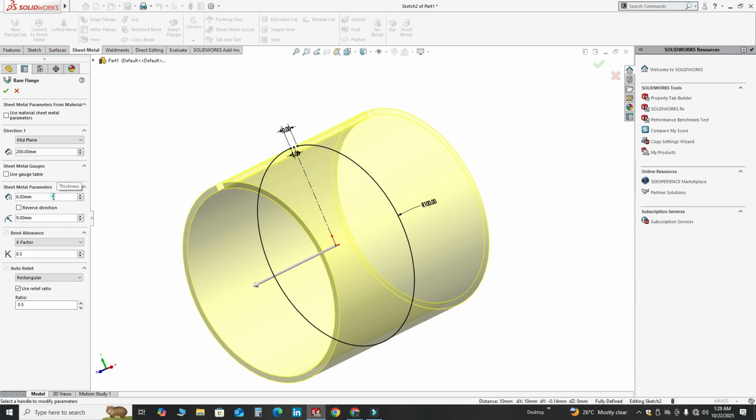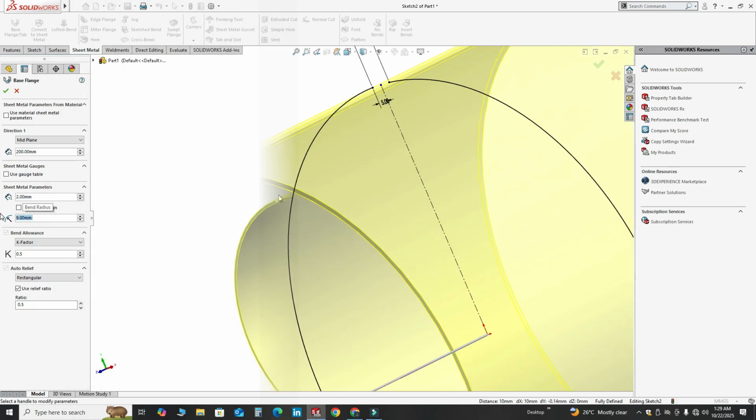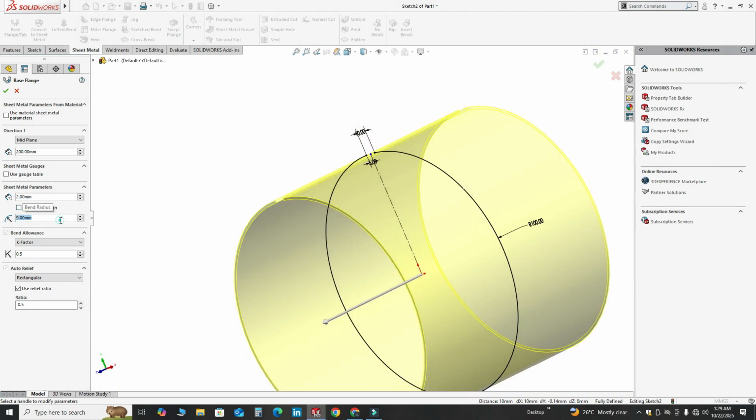Let's change the sheet thickness to 2 mm, and let's say this bending radius is 3, and I will select OK.